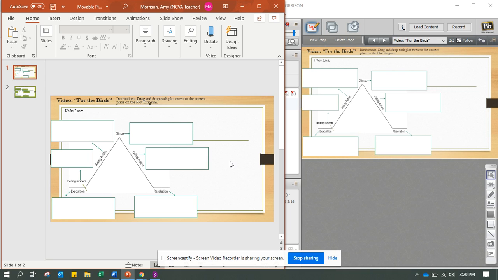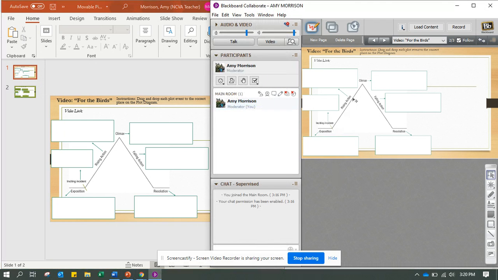Alright, this is just going to be a short video to show you how to create movable pieces on a whiteboard file in Blackboard. So basically, when you upload your PowerPoint into Blackboard, it becomes a static image, so nothing can move. But anything that you paste or add to the whiteboard once you've got it loaded into Blackboard will